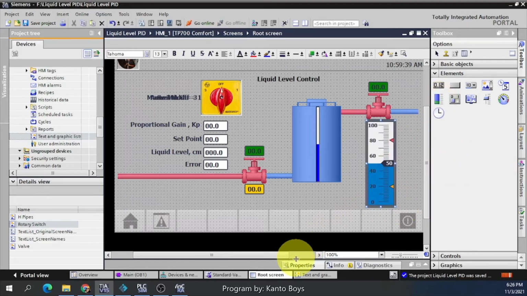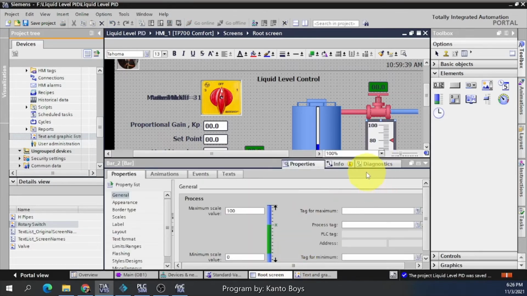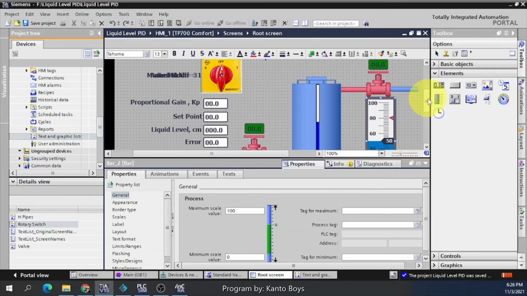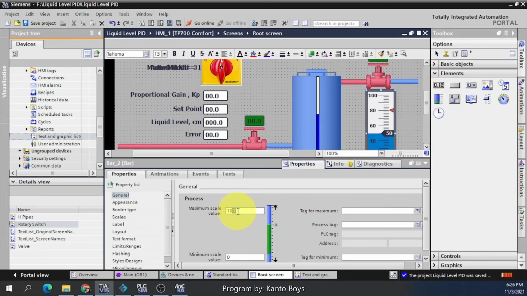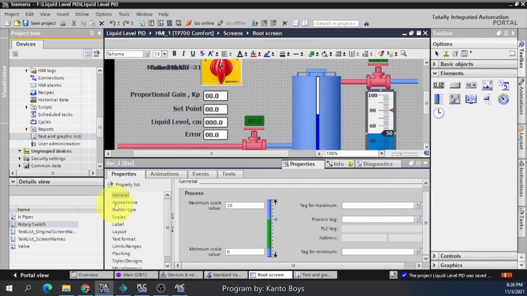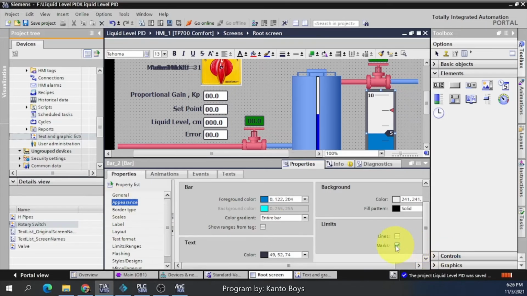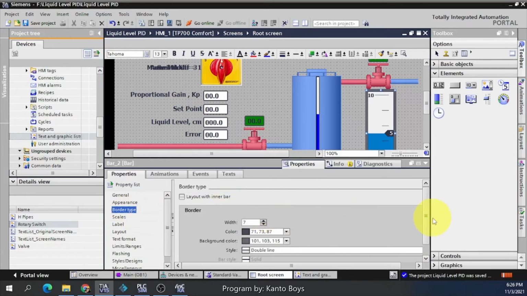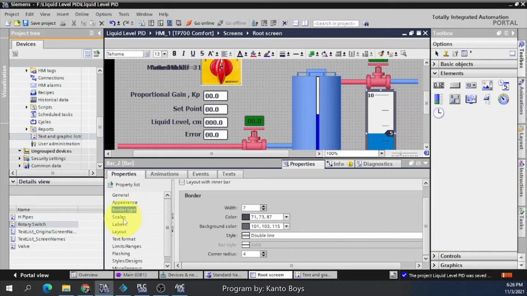And then you go to properties, you adjust the size, and then I change the label of that to 10 because the sensor maximum level is 10. So we have 0 to 10 volts, and then you go to appearance. For example, you remove the mark, so you can remove the border type, and the scale should be removed.